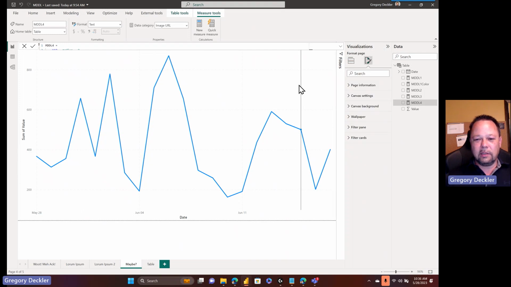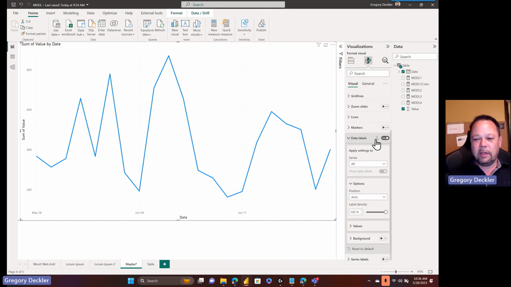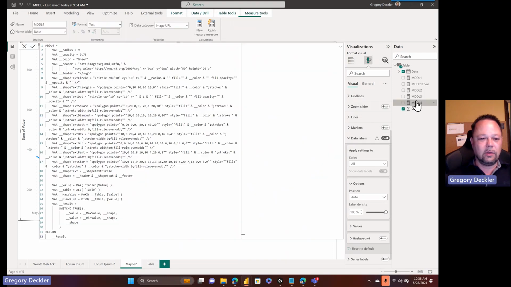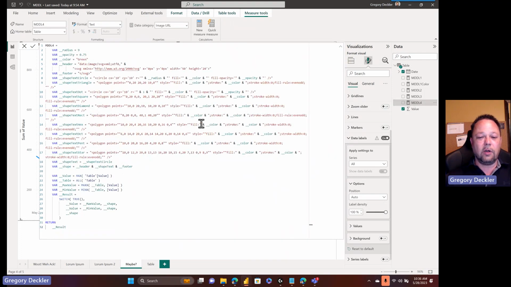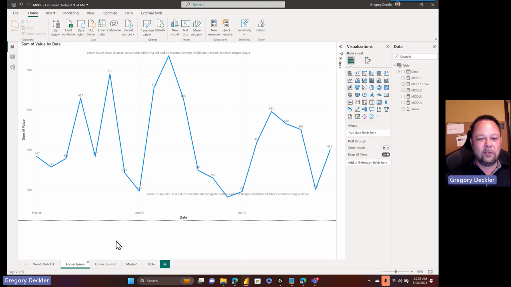In fact, it's interesting: if I go to here and I go to data, you see here, right here, enlarge visual or decrease the data label text size. So I think what it's doing is it's treating that entire thing as text, and there's a lot of text here. So it's saying, oh, it's exceeding the text size, so I'm not even going to try to display it. Not that it would probably display an image URL even if it was short enough. Probably not. All right, so back to lorem ipsum.